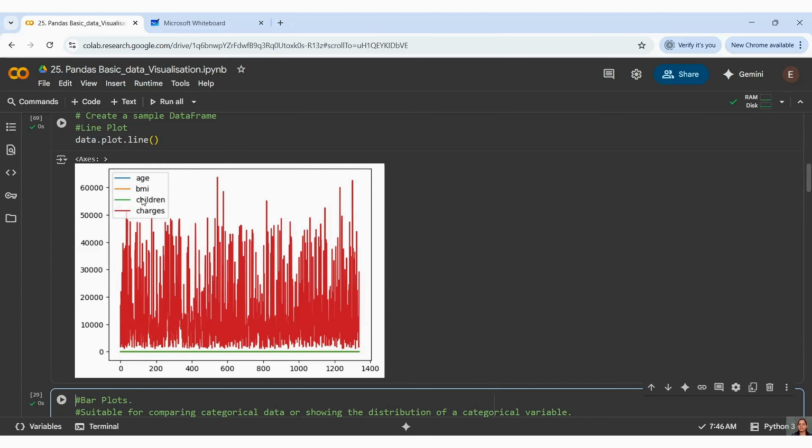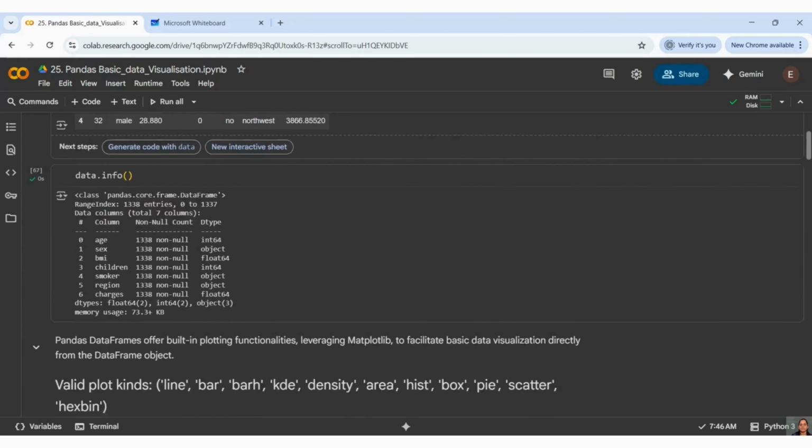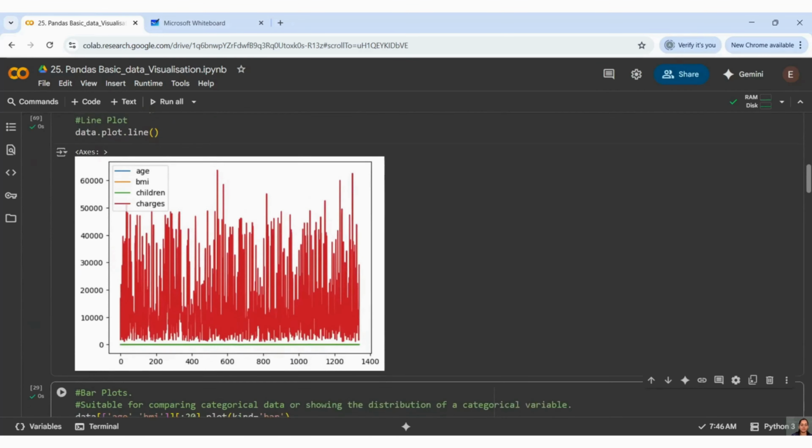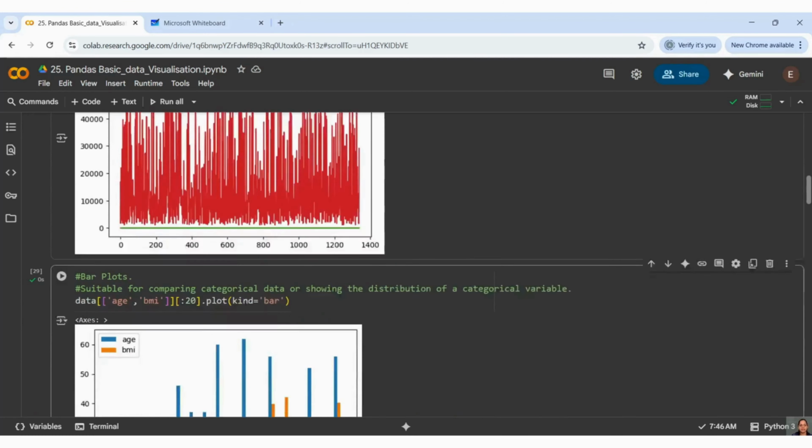It cannot take categorical values, because we have categorical columns here as well, where we have sex, then smoker, region. All these are categorical, like nominal or ordinal. Here it is only considering all sorts of numerical values, and by default it is giving you the line plot.